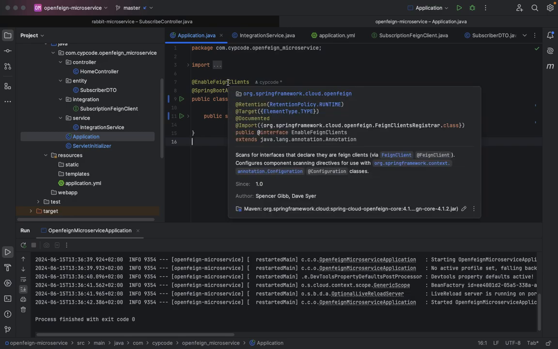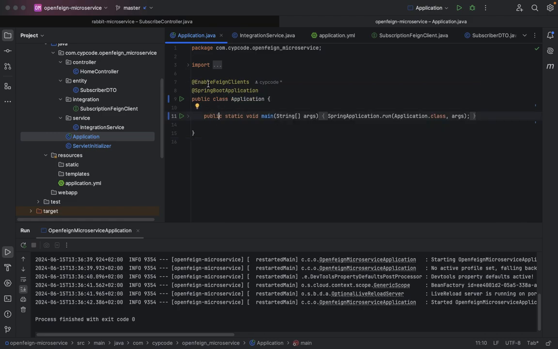It scans for interfaces that declare their Feign clients via a FeignClient annotation. So we'll see how that interface looks in a few, and that basically configures our Feign client to start consuming a microservice. So let's see that right now. This is the only annotation we need in the application main class,